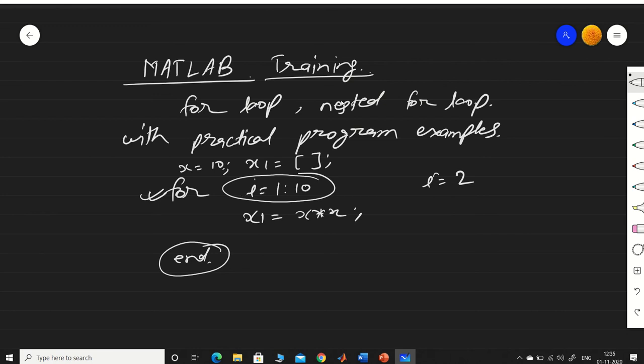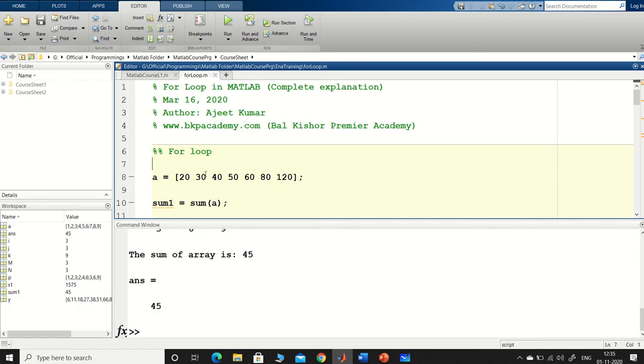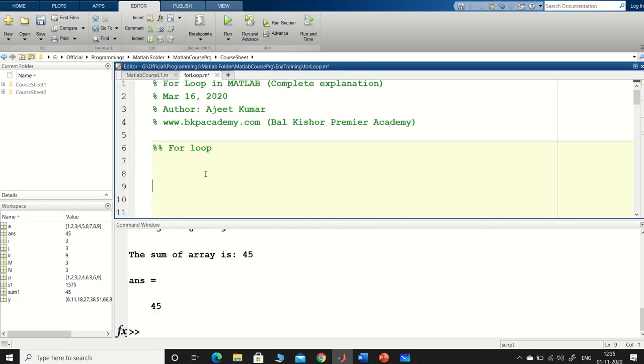So let's see in program how we can start. What I am going to do is, I am going to start with a value x is equal to 10, and then for any variable you can take up, and you have to put the statement up to how many loops you want to go. I equal to 1 to 10, and then what I want is, I want to put x1 vector and store the value of x square, right?